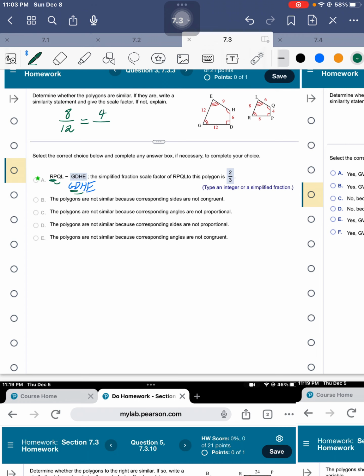PQ to DH. PQ is 4, DH is 6, okay? Now that proportion should also be equal to QL to HE. So what's QL? 6. And what's HE? 9. That should also be proportional to LR to EG. So LR is 8